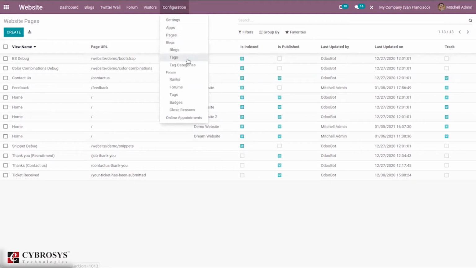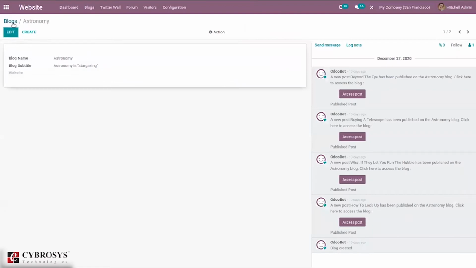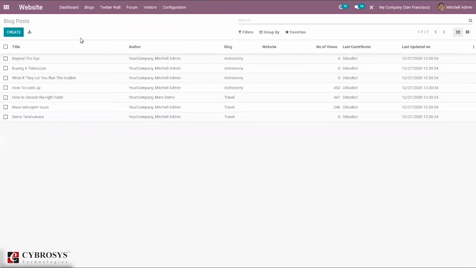That is, we can manage blogs, tags, and tag categories. So when you click on blogs, here you can find the created blogs like astronomy, travel, and we can see the number of posts for each blog and the website in which it is published. You can see the subtitle also. So here you can see the blog posts created, the title, author, then the blog in which the blog post is created. You can see the number of views of that blog post, last contributor, last updated date and time,